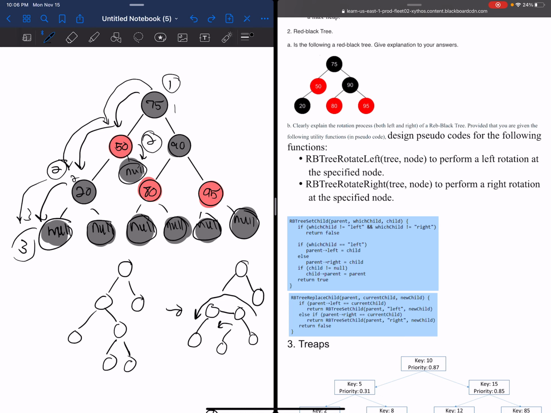I'm going to be going over my solutions for group assignment number 3, problems 2A and B. So for part A, we have to decide whether the following given binary tree follows the properties of a red-black tree. Now, I believe that this red-black tree does not follow the properties for the specific reason that it breaks the fact that every path from any node to any of these null leaves should contain the same amount of